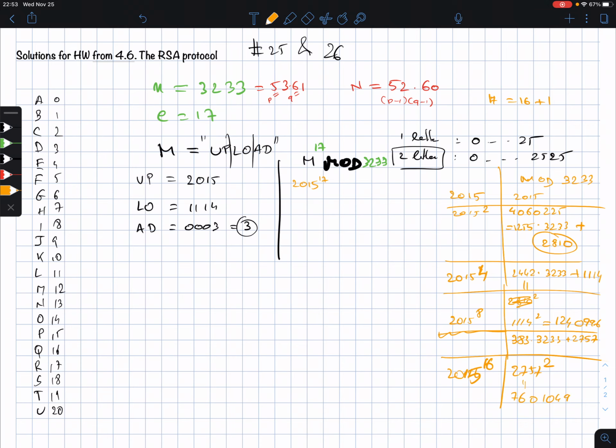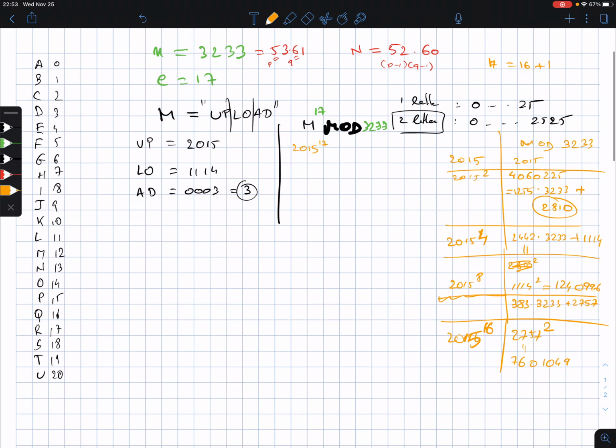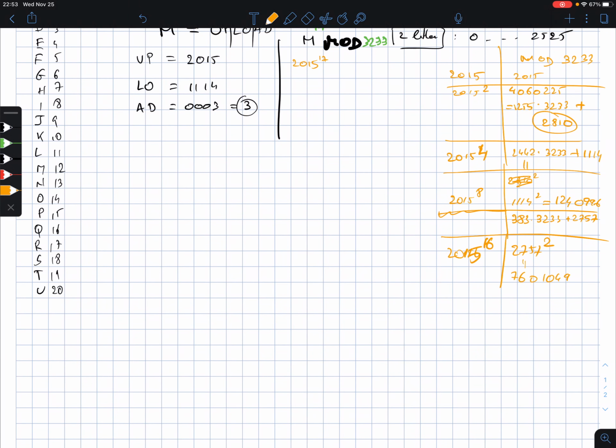760,1049 divided by 3233, that is, I don't know why I'm getting myself such little space here, so this is 2351 times 3233, 2351 times 2, no, okay, 2351 times 3233, that is that, and then